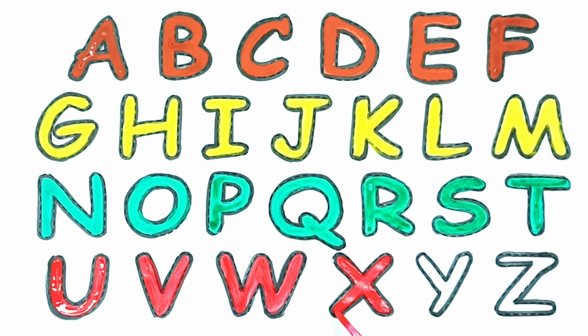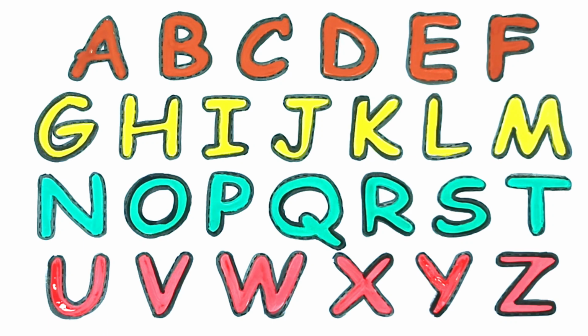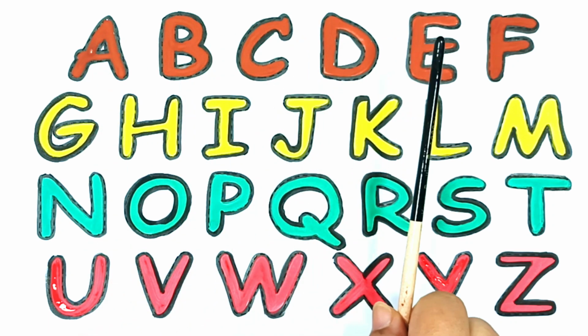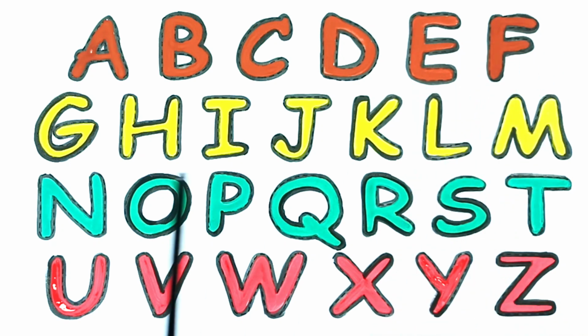X for xylophone. Y for yacht. Z for zebra. A, B, C, D, E, F, G, H, I, J, K, L, M,